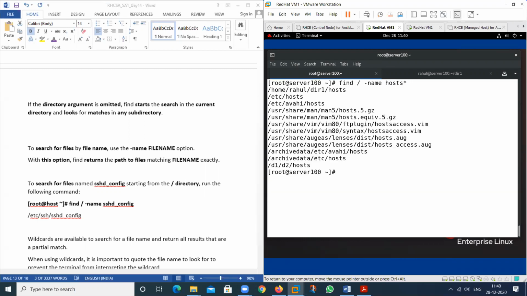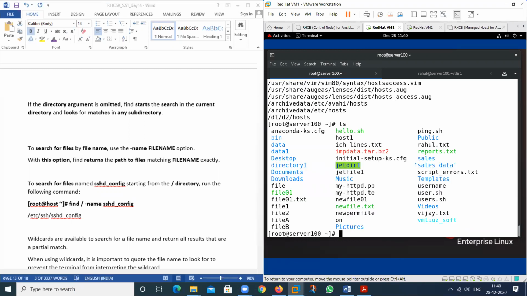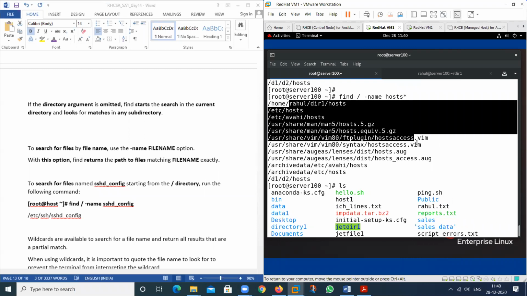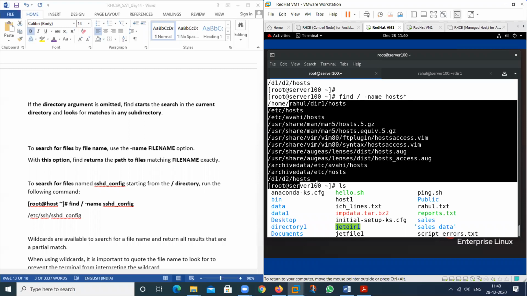See again. So host1. Do I have the file host1 or not? This one, but it does not provide the location. Here is host1, not.